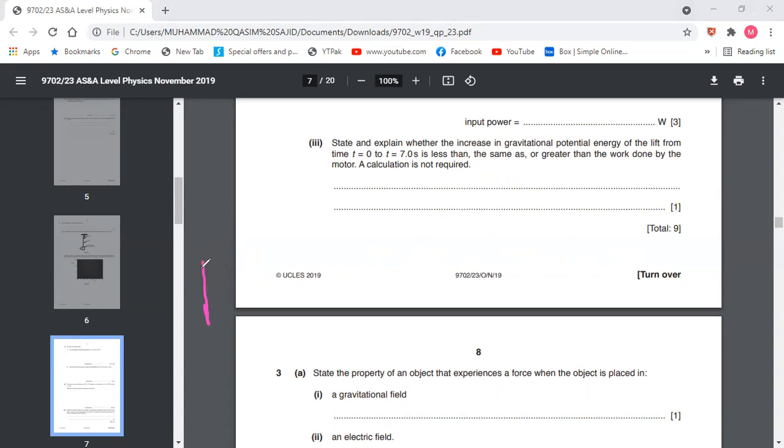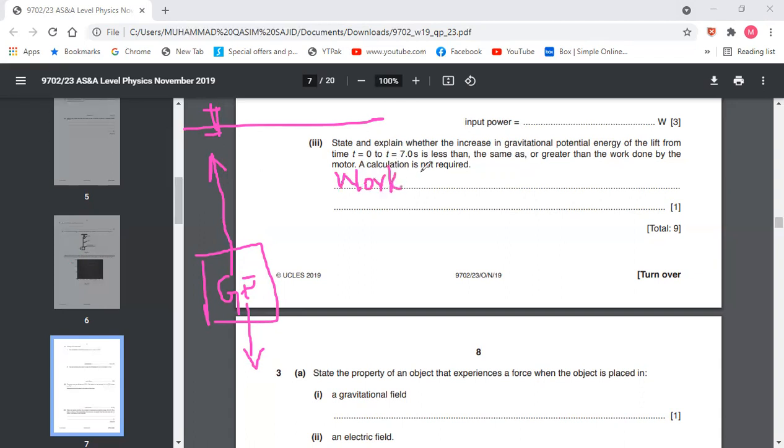So basically, what is the purpose? The lift is, for example, on the ground floor, and you have to go to the second floor. So for this, work is done to lift the lift, and there must be some gravitational potential energy which is less than the value. So the answer is basically